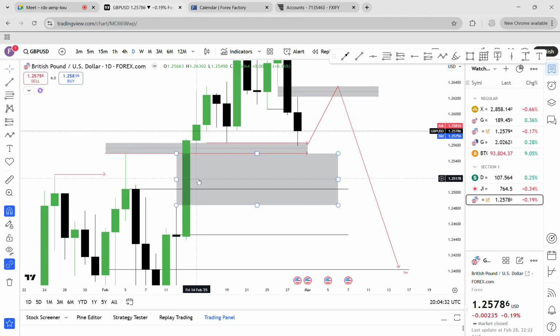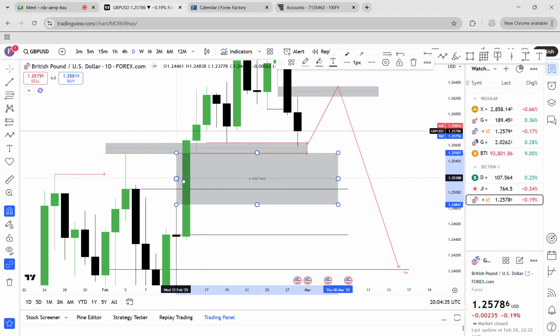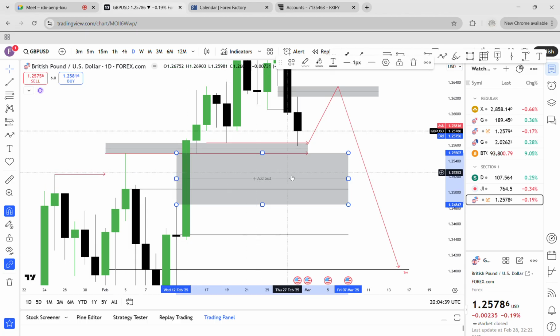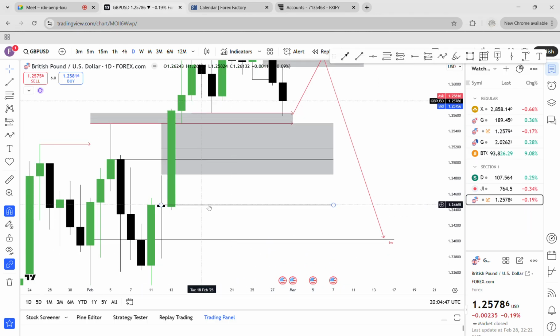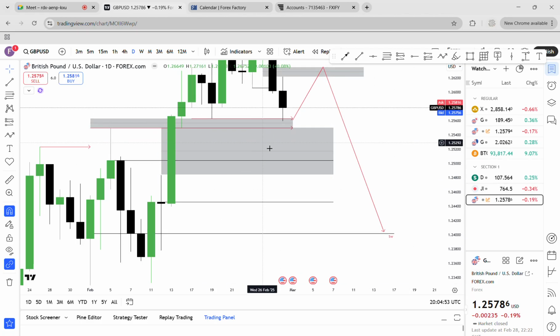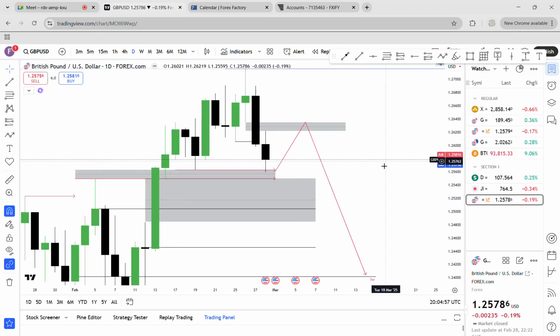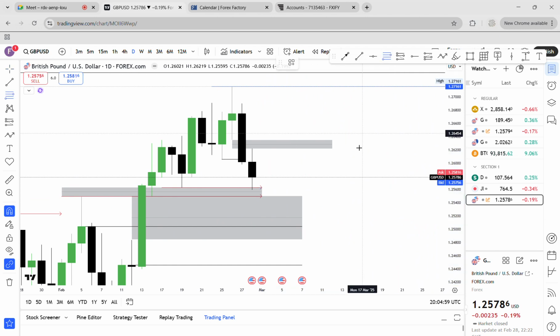Where is area of liquidity that we have in this area? We have this fair value gap, area of liquidity that we might rebalance, and this consecutive candle, the very beginning, then this area, plus this area from the higher time frame. So we have points of interest within this whole area from the daily time frame. So for me, I would like price